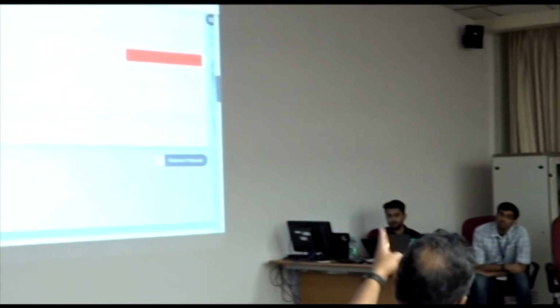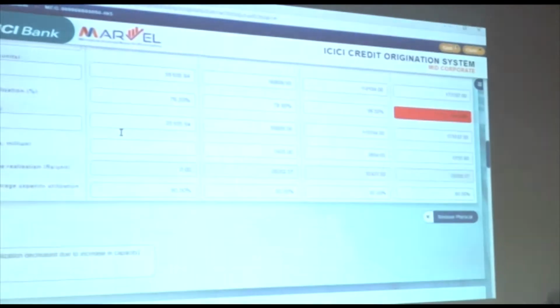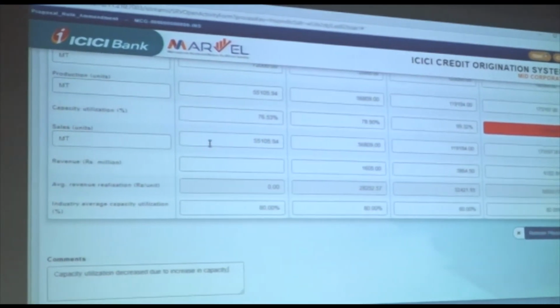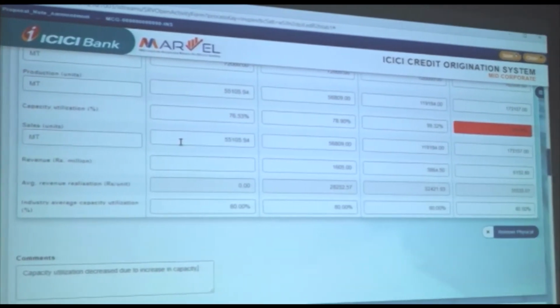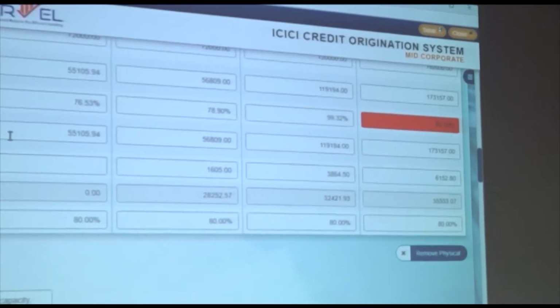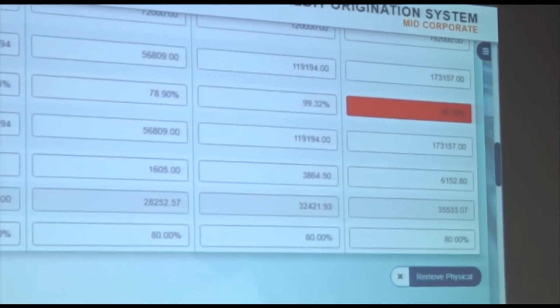One session on this. Now here the percentage has come down, but the absolute value has gone up. So if the absolute value has anyway gone up and the percentage has come down, you can possibly go that way. It's not wrong. You just have to type in a comment. It's for you to just examine. See, it doesn't mean that a red flag means you reject or it's going to have an impact on PD. Nothing. It's just for you to know that this has happened and you just examined it, right? Yeah, maybe what we can do is change the color from red. No, which is fair, and I think it's a fair point to say that the production itself has increased.